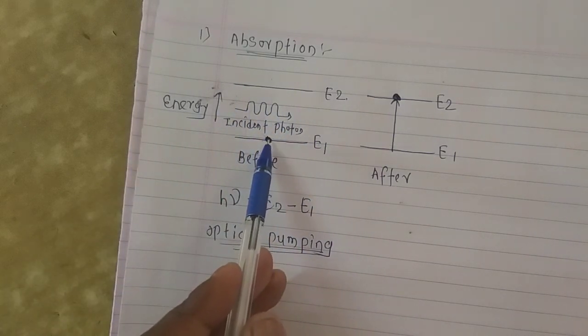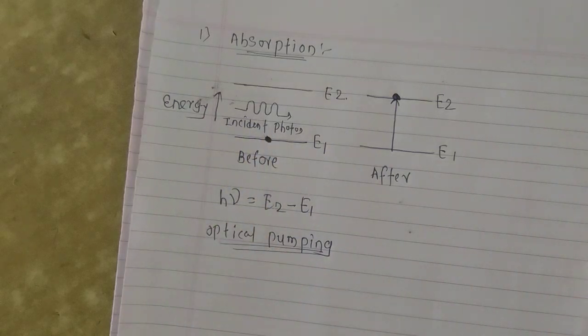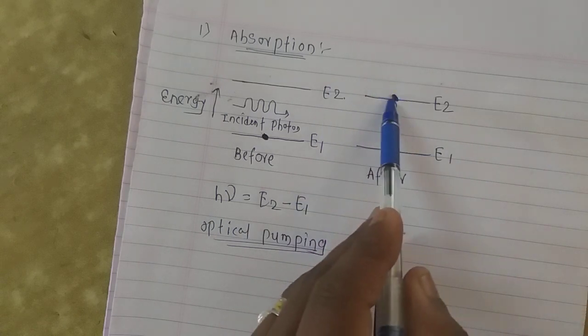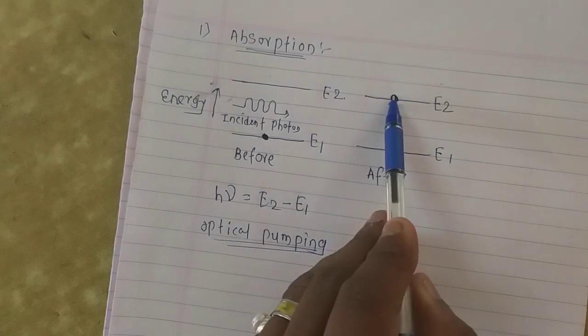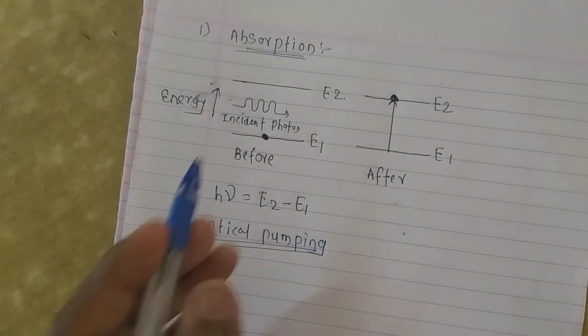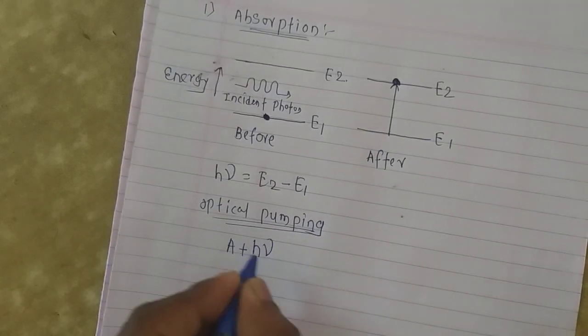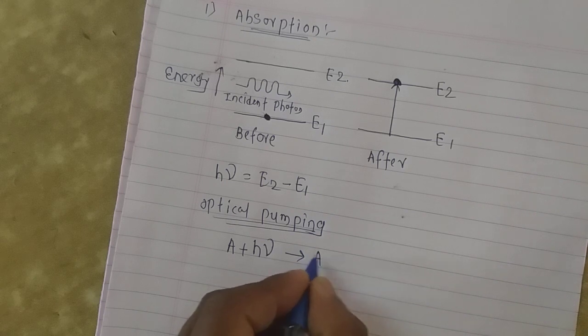Why? Because the atom absorbs this photon, and the photon disappears. This can be expressed in the equation A plus h nu tends to A star,